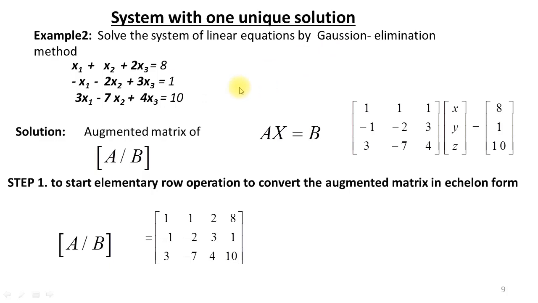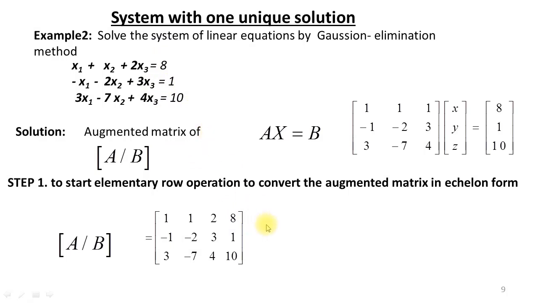Now, using Gauss-Jordan elimination method to find the solution of this system of linear equations, first of all, write this system in matrix form. This is matrix A, the coefficient matrix, and this is the matrix of unknown variables. We have three unknown variables, x1, x2 and x3, and this is the constant matrix. Now, this is the augmented matrix. In the augmented matrix, there are two matrices. One matrix is the coefficient matrix and the other is the constant matrix, which lies on the right hand side of the given system.